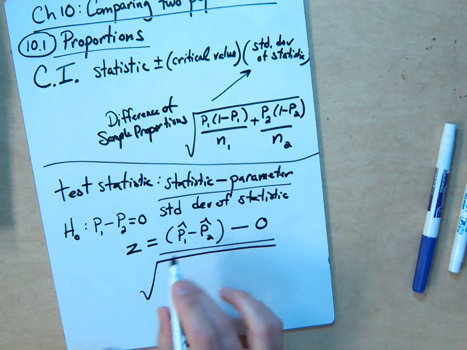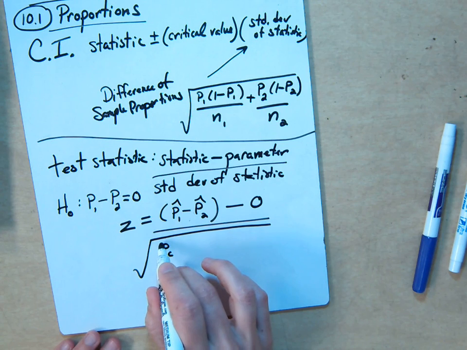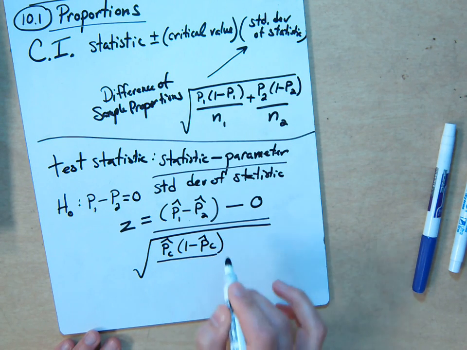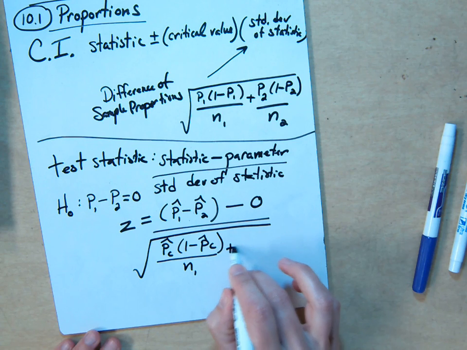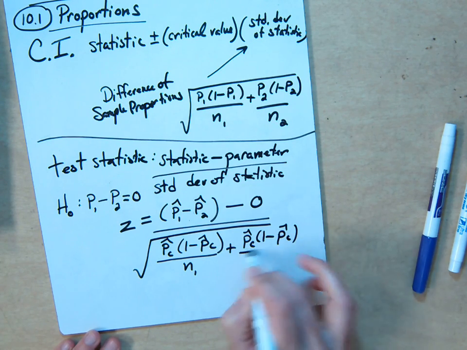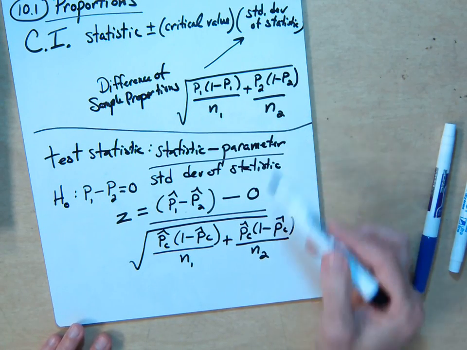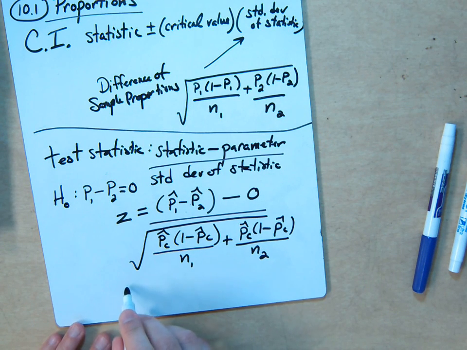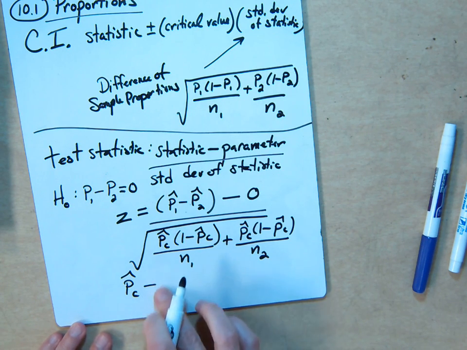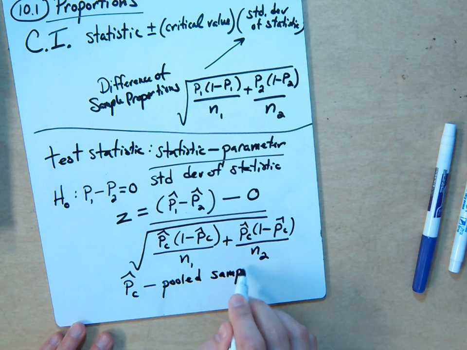and now for the standard deviation of the statistic, we're going to use what's called a pooled proportion, so p hat sub c, and it's very easy to find. The square root of p hat sub c times 1 minus p hat sub c over n sub 1 plus p hat sub c times 1 minus p hat sub c over n sub 2. So it looks similar to the other standard deviation of the statistic, but with the pooled proportion, where you just use both populations. This stands for the pooled sample proportion, which is really easy to find. You'll see in the example. Use the pooled sample